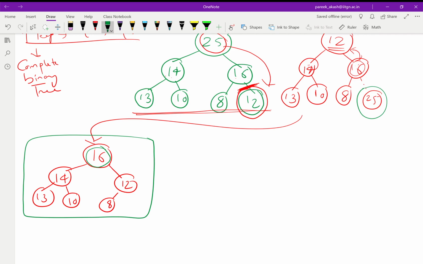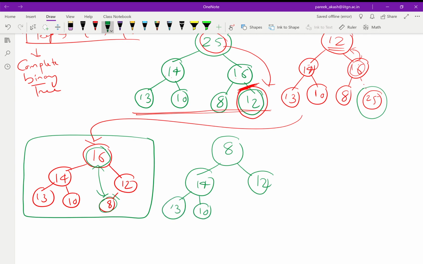We swap 16 with 8, because in the last level the rightmost node is 8, so we replace it and delete this edge. So we have 8, then 12 on this side, and then 14, 13 and 10, and now 16 has been deleted.